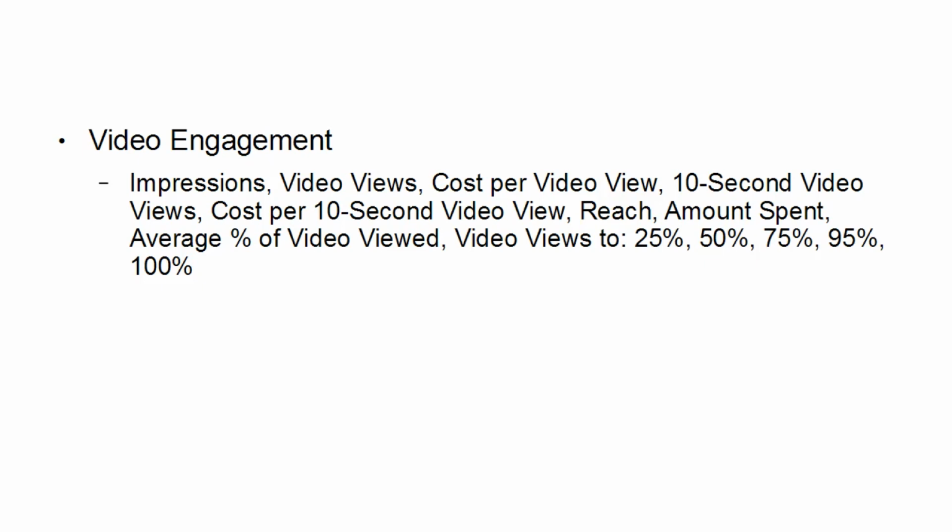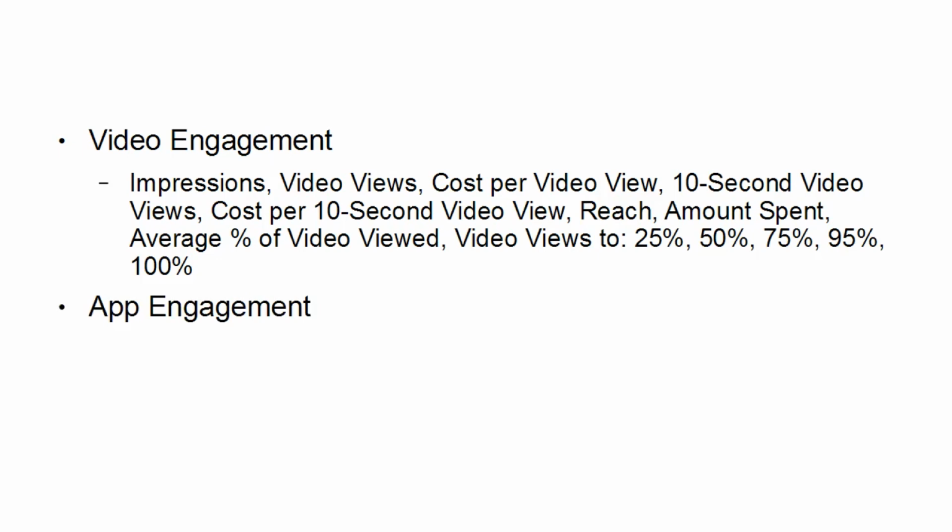And this can help you to perhaps tweak your video ad to get people to watch it longer and to see it right through to the end. So you'll know when there's a point when people are starting to lose interest in your video and are clicking away, and you can go back and perhaps re-edit your video to change that and make it more effective.